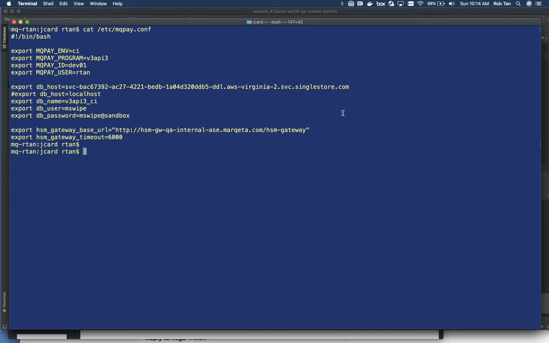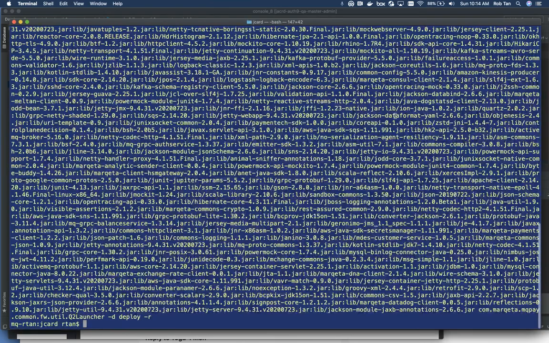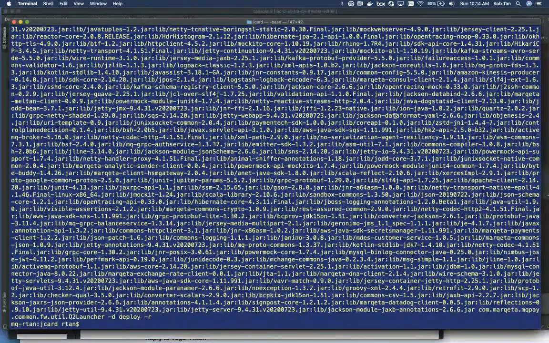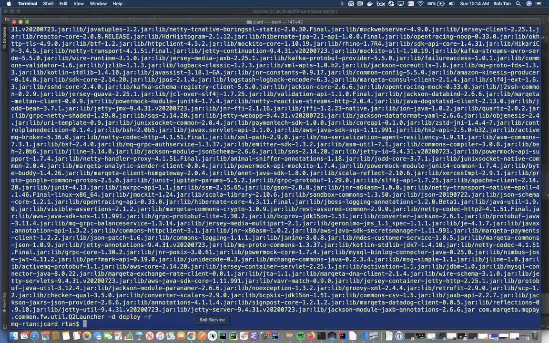And then I restarted JCard, and we can look at that JCard is running by looking at the process that it uses, Q2, to launch it. So you can see JCard is running on my local host on my laptop, but it's actually now talking to Single Store. So now I want to bring up Postman,